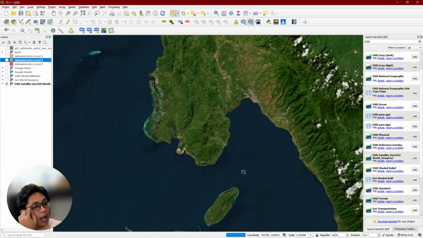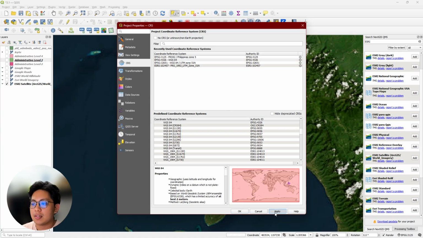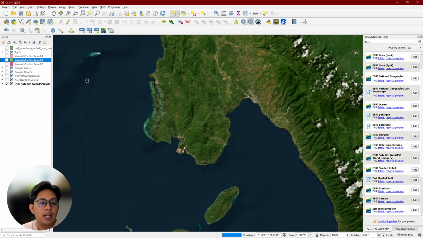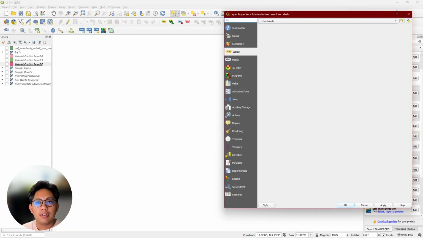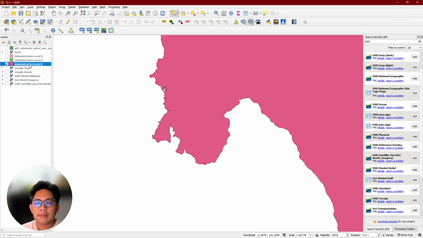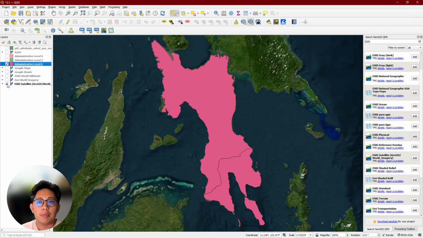Sometimes, I really do not recommend zooming in and out with topography basemaps because they take a lot of data. So most of the time, I only use this when I want to see it once and then just hide it and focus on my individual maps.